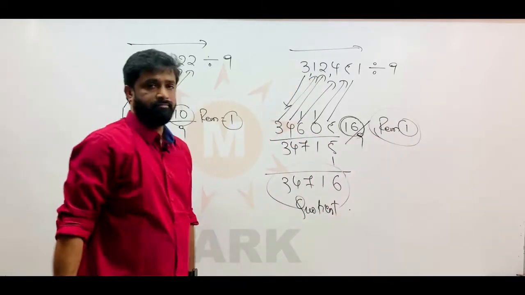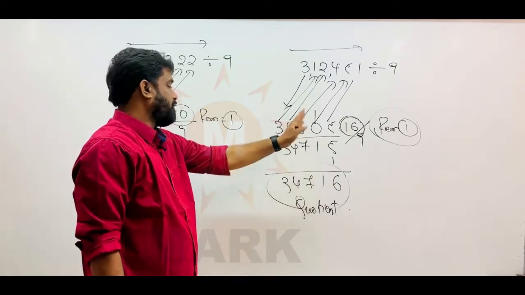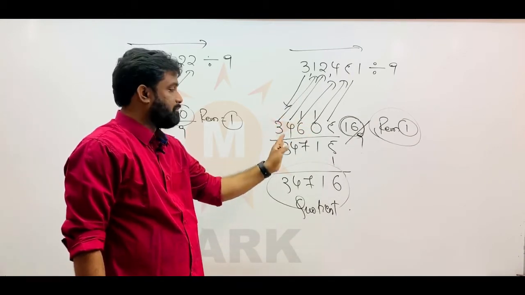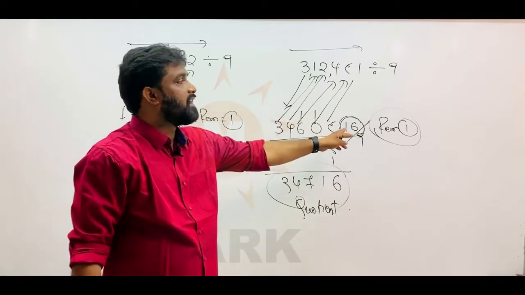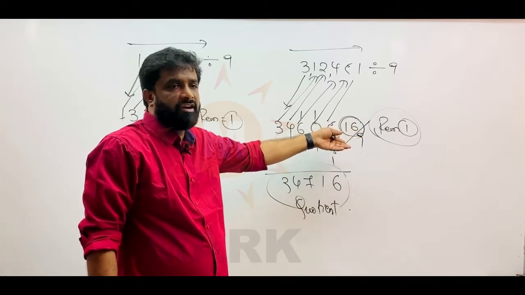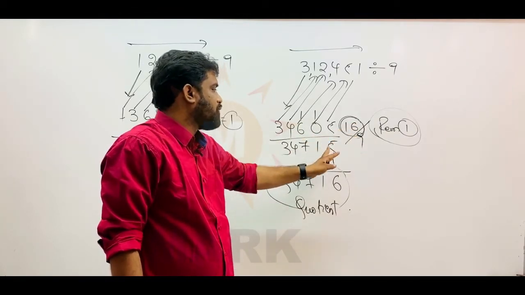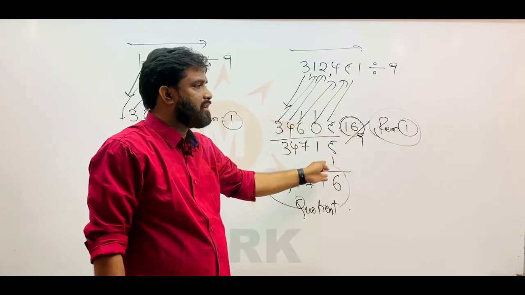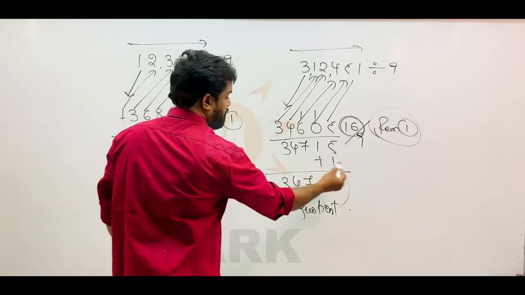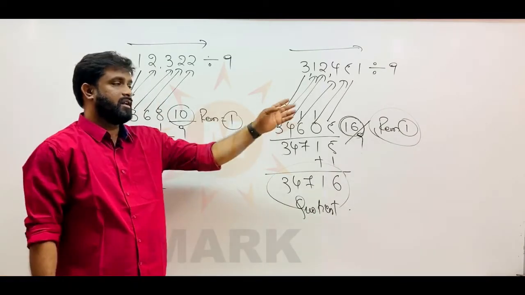Final remainder is 1. Okay, so first carry forwards, add up the carry forwards. So carry forwards will go to the left adjacent number, then add up the number. Then 16 can't be the remainder, because in any division the remainder cannot be more than the divisor that we are doing. So it is more than 9. Again I am redividing it. So whatever the quotient that comes, that goes into the quotient part. So whatever the remainder that you get, that will be the final remainder. So finally I am adding up all these things. So 34716 is the final quotient and remainder is 1.